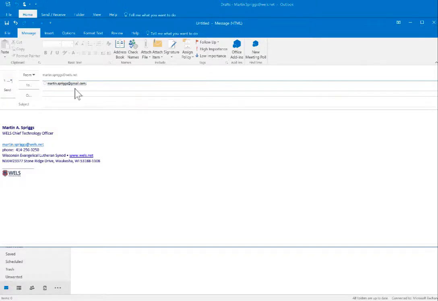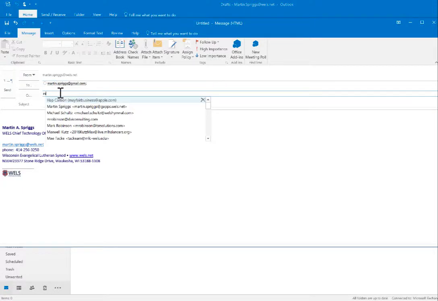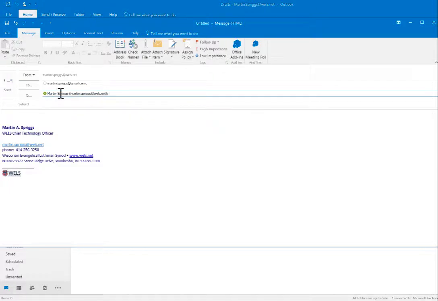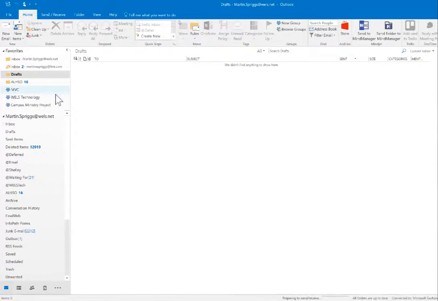I'm just going to use my Gmail address, for instance. The key is to include your own email address, your sending email address, your from email address, in this case my wells.net address, in the carbon copy area. So that's really all I need to do, and I'm going to just send a test, and we're going to look at that in a minute. So if we send this test,